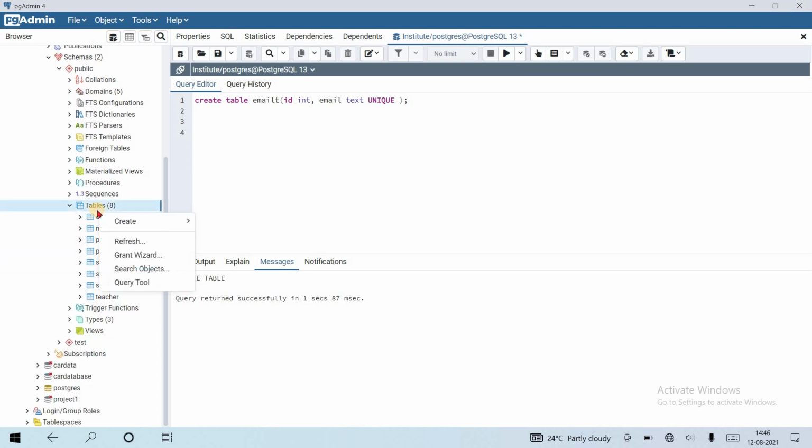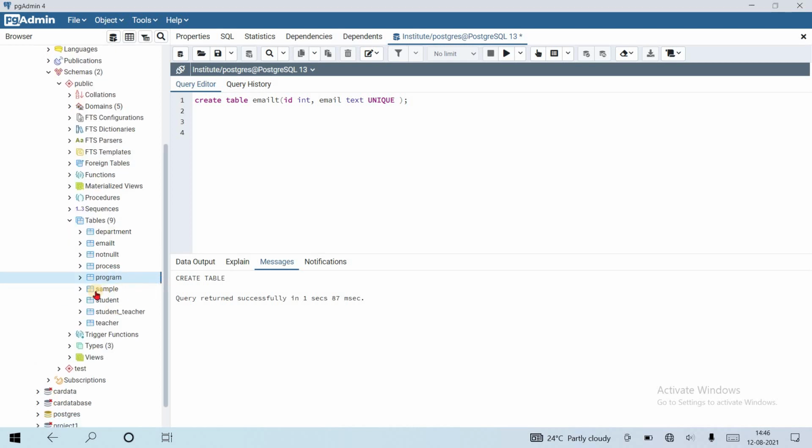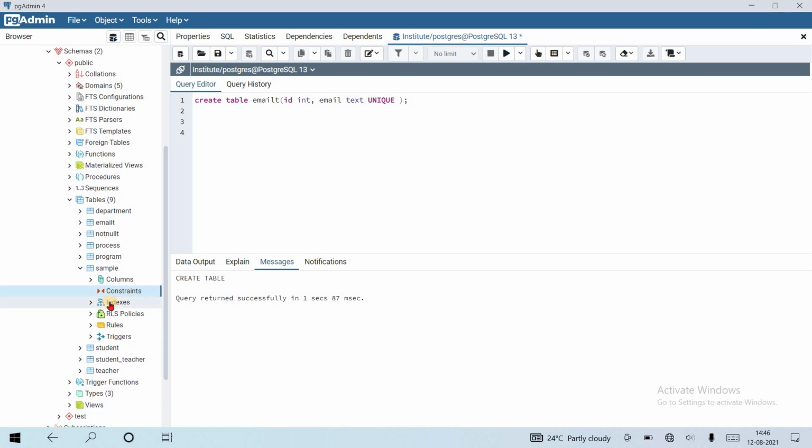If I refresh this, inside the sample table there is a constraint section. Inside this we can see all the constraints for a particular table. In the constraint section the default constraint is not showing me.